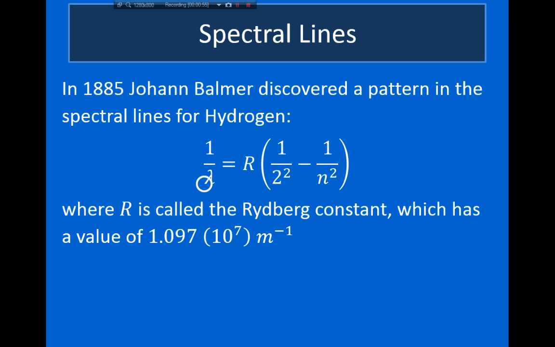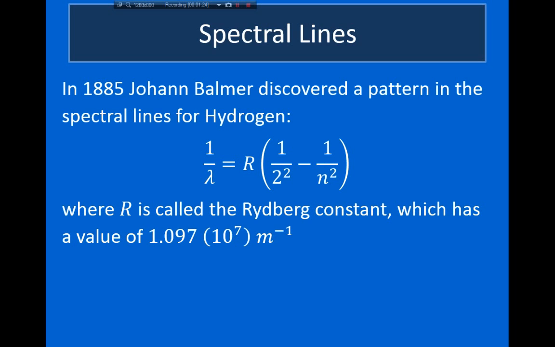So 1 over the wavelength was equal to this constant called the Rydberg constant times 1 over 2 squared minus 1 over n squared, where n was an integer. And this Rydberg constant has a value of 1.1 times 10 to the 7 inverse meters. Balmer had hypothesized that this 2 could be replaced with any other integer, except that now if you replace this 2 with a different integer, you would get wavelengths that would be outside the visible range